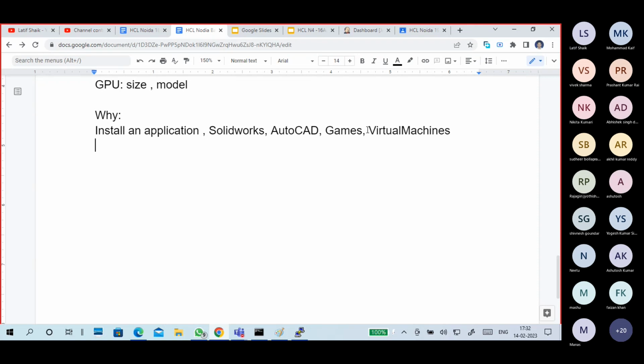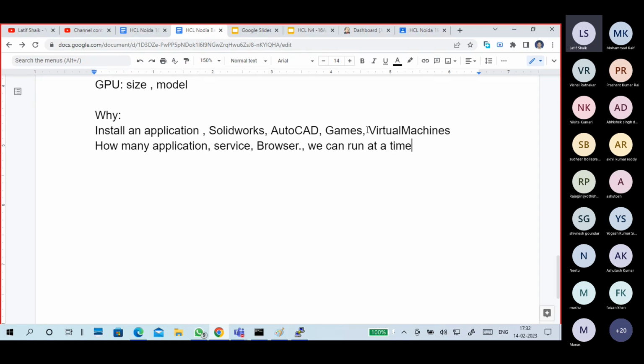Next, we will understand how many applications, services, or browser tabs we can run at a time.